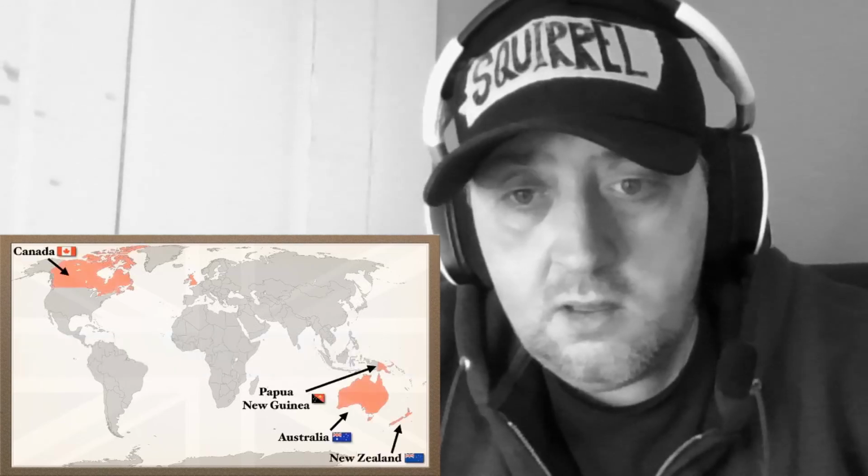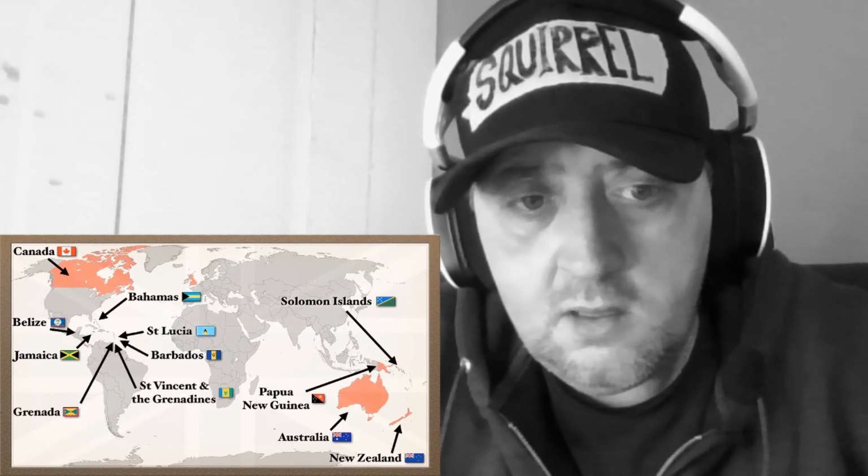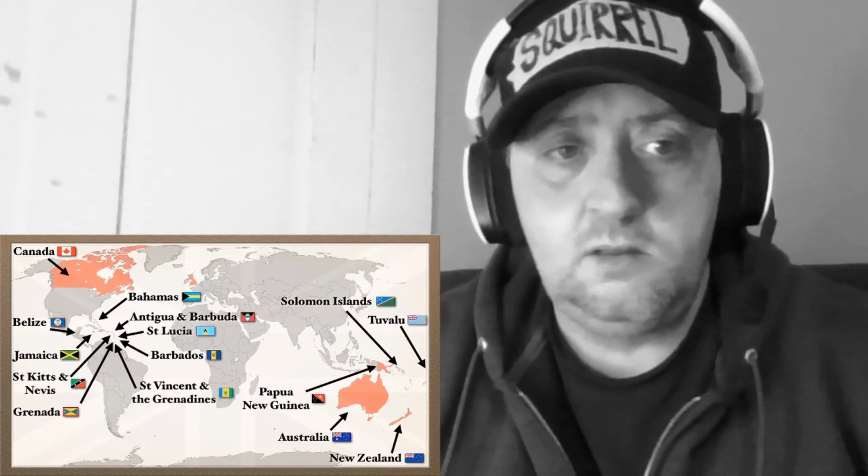The former colonies that gained their independence through diplomacy and continue to recognize the authority of the Crown are known as the Commonwealth realm. They are, in decreasing order of population, Canada, Australia, Papua New Guinea, New Zealand, Jamaica, the Solomon Islands, Belize, the Bahamas, Barbados, St. Lucia, St. Vincent and the Grenadines, Grenada, Antigua and Barbuda, St. Kitts and Nevis, and Tuvalu. All are